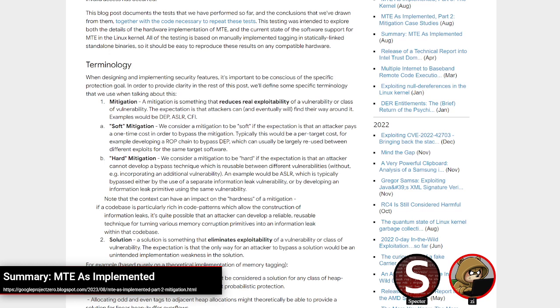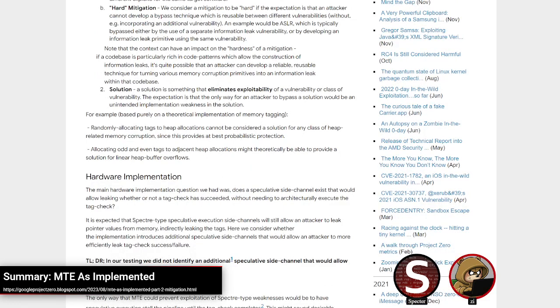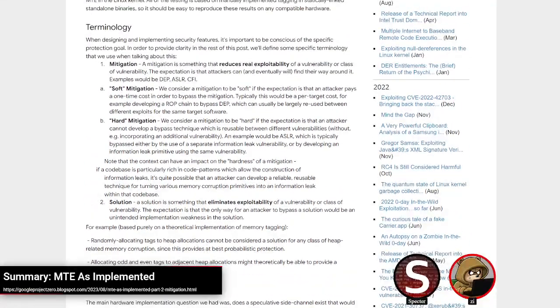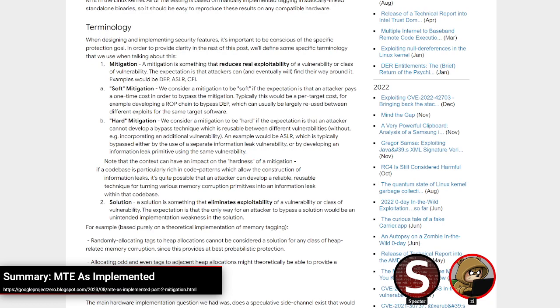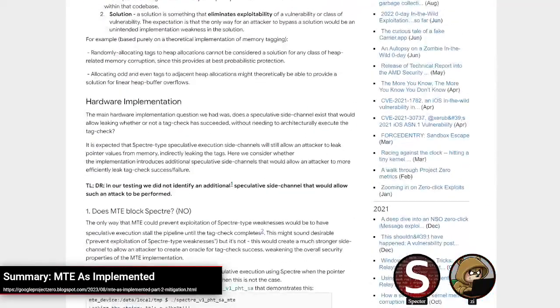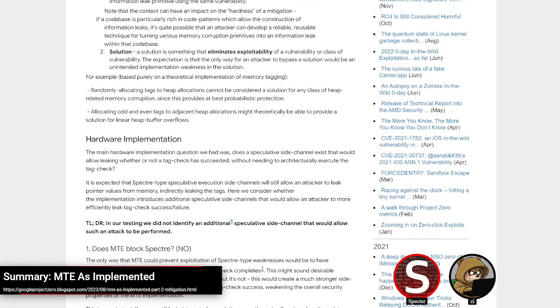Although they even mentioned that with some primitives in some areas, you definitely can just have a generic technique that, given this primitive, you turn it into an info leak this way, in a sense, making it soft. So they present that, which I think is at least an interesting approach. I'm not sure if I'm really going to adopt that soft versus hard, but it is terminology that I haven't seen anywhere.